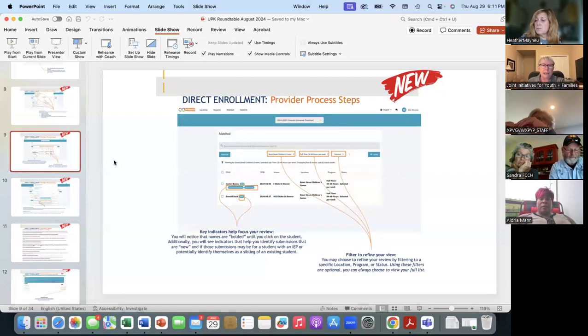You also need to focus on certain things with regard to your review. Again, their names will remain in bolded status until you click on the student. Refine your view. Now, the reason that this is important is if you have more than one program, you want